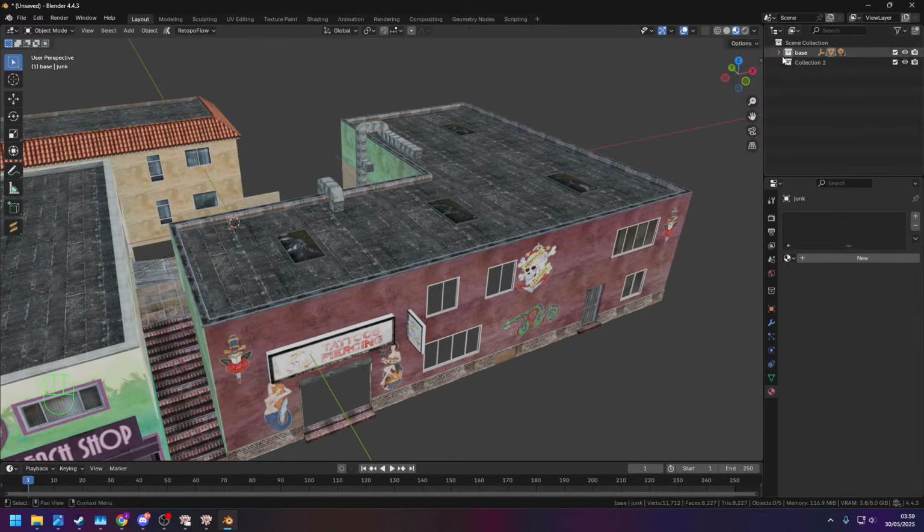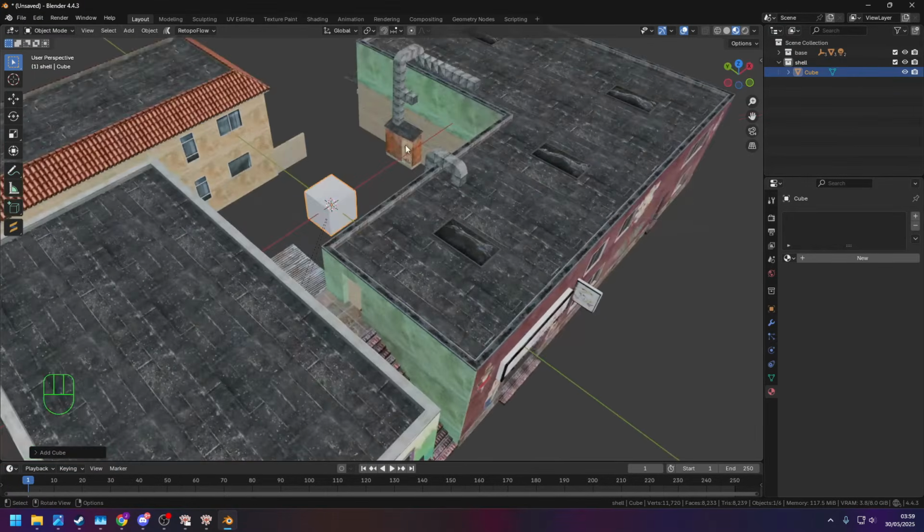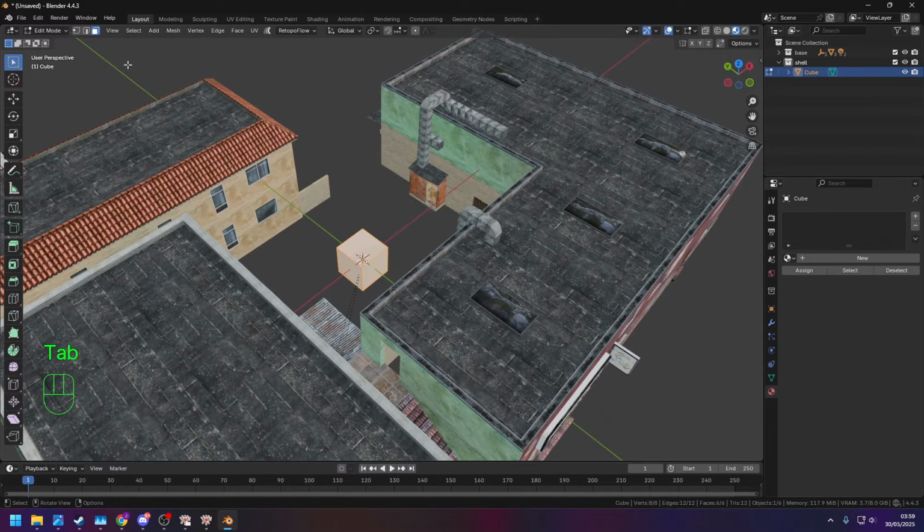create a new collection, and in the new collection, name it shell first and have it selected. And now Shift A and spawn yourself a cube. Now when you have your cube spawned, hop into edit mode. Do not move the cube in object mode. Immediately when you spawn it, hop into edit mode, and you want to move this only in edit mode